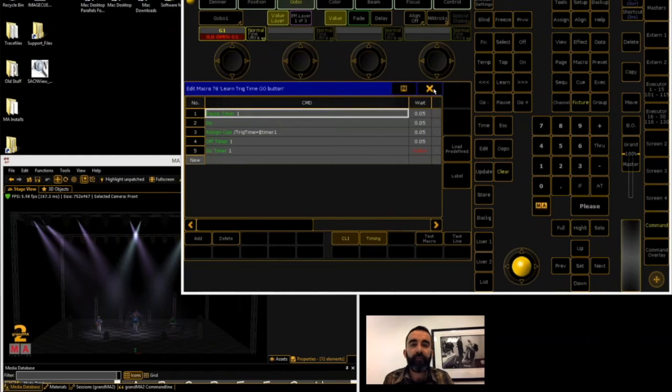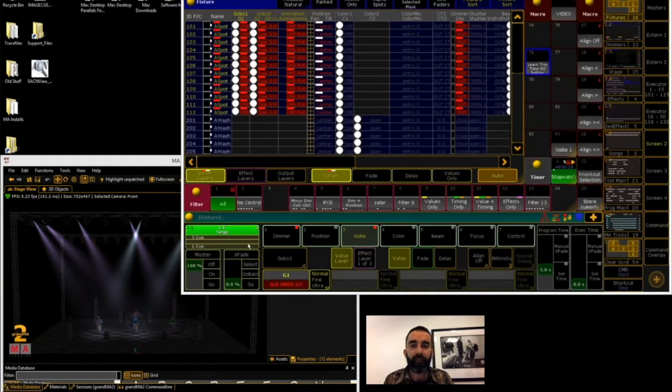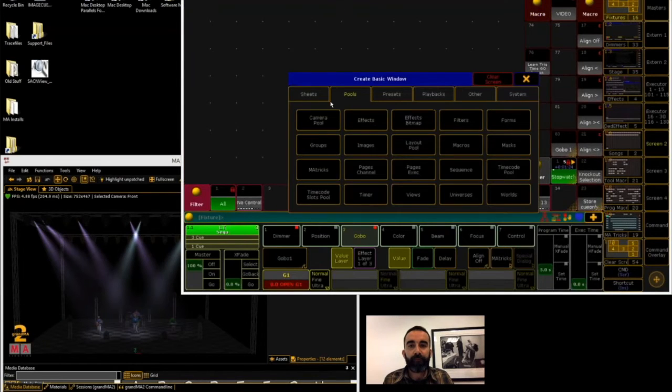There it is. Okay, so what this does is it pauses timer 1, it sends a go command to your selected executor, which takes you to the next queue. The timer is now paused at, say, 10 seconds. Therefore, the follow time for the queue that you're currently in needs to be 10 seconds, so it assigns the timer object time of 10 seconds to the trigger time column of the current queue, turns off timer 1, starts it again. So the idea here is my selected executor